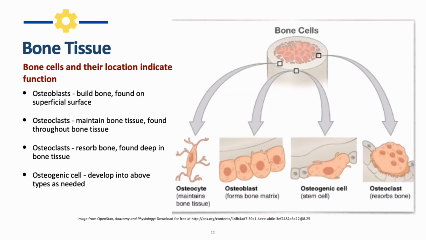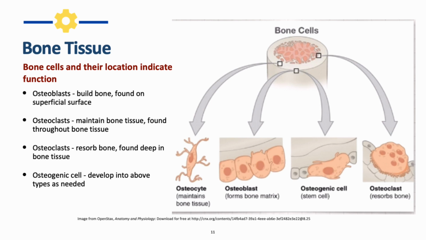So the couple of cells, anytime you see the prefix osteo, that obviously should make you think of bone. There are a number of cells found in bony tissue, but these are the ones that are going to be the most important for understanding how bone functions and how it grows and remodels. Bone cells are going to begin with this prefix osteo, and we have osteoblasts, osteoclasts, and osteogenic cells. Osteoblasts,